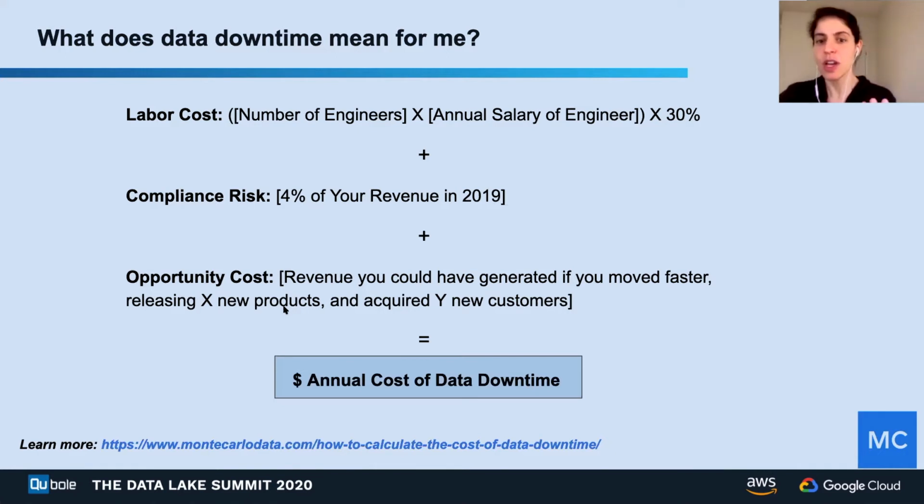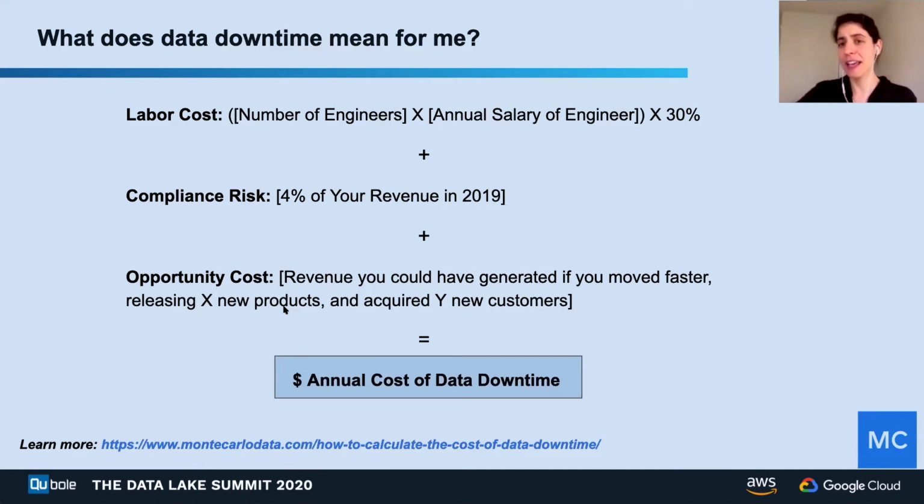I spoke to a data team not too long ago that reached out to me and was asking, hey, how should we think about data downtime? We're trying to build in-house, but really struggling with building a solution to manage data downtime. I got really curious and asked, how come you don't have time to manage data downtime? What's keeping you busy? And the thing keeping them busy was actually the data downtime and the fire drills. As organizations, data teams today are very reactive and spend a lot of time in data downtime, when in fact they could proactively solve data downtime, get ahead of these, and reduce the cost.